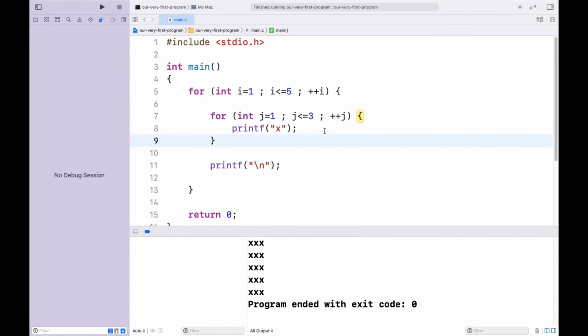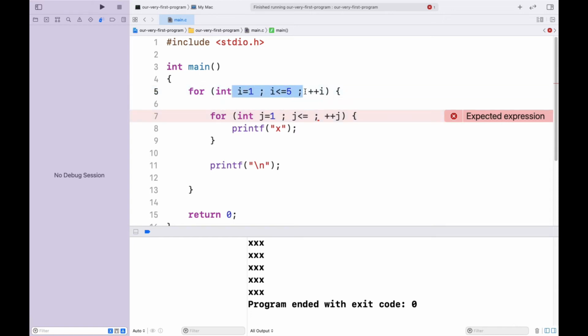So what are we going to do now? We need to compare it to some variable which is incrementing, because we need to change the endpoint,